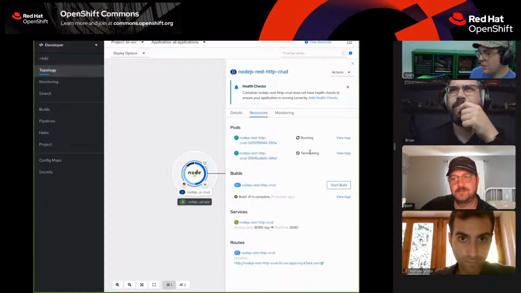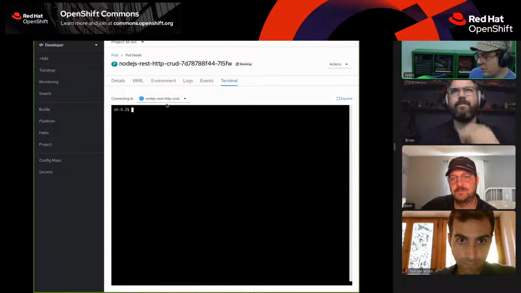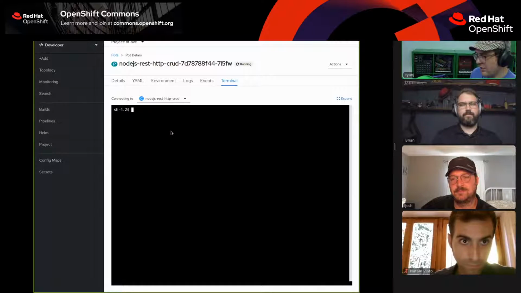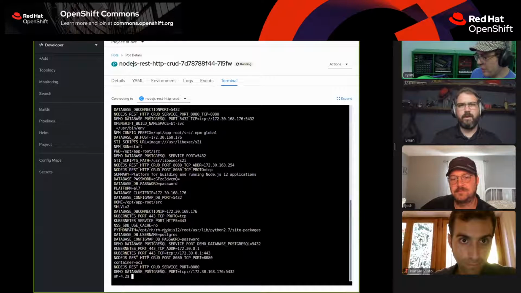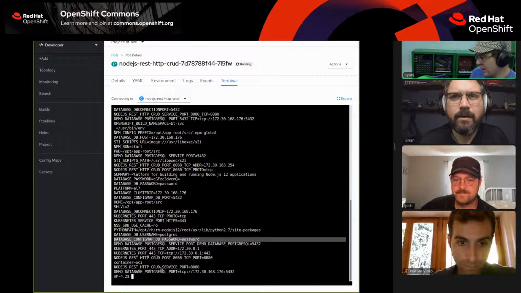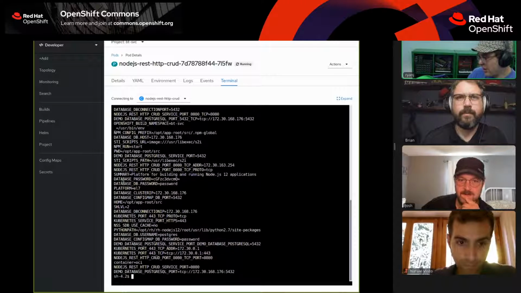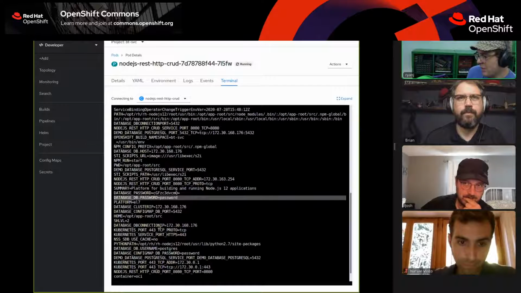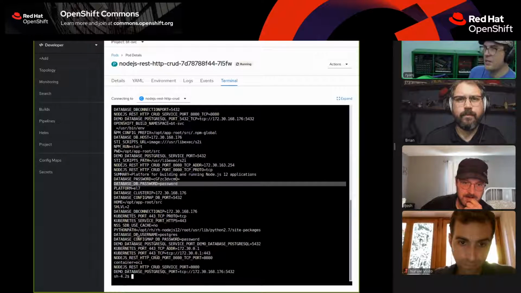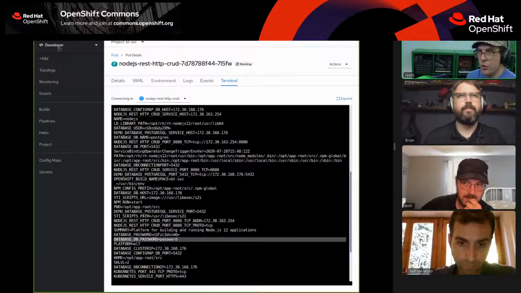Yeah, this has moved around a little bit recently. So yeah, the Node.js one, and then there's terminal. And then if you type in env, you should get the environment variables, and there's a couple in there. Database password, database, a bunch of database config map, and so there's probably also a config map, or there may be a secret that's mounted somewhere that has this information in a more structured way.